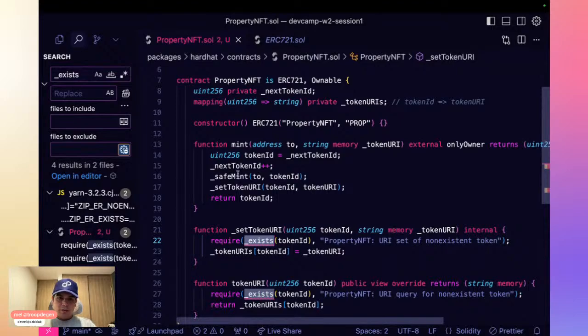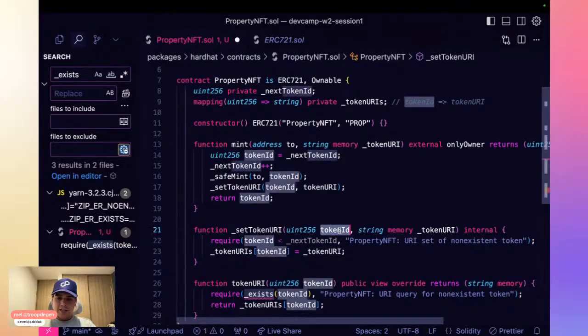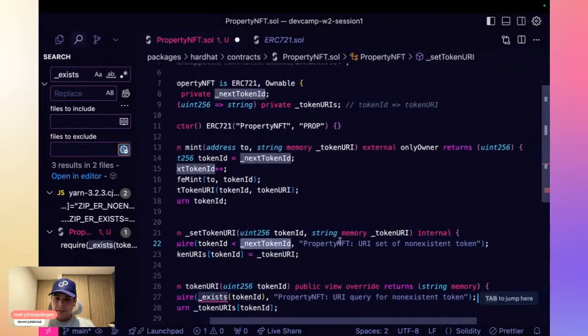A simple way to do it would be to check that the token ID that the user is asking to set the token URI for is less than the next token ID. That means it has been minted before.